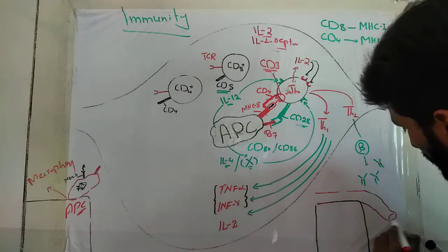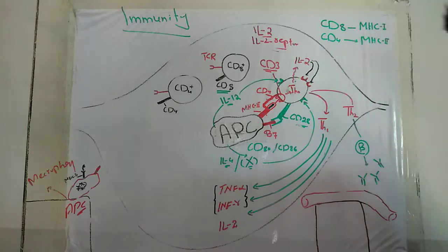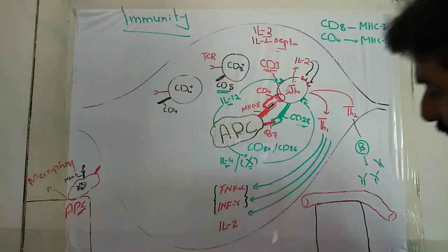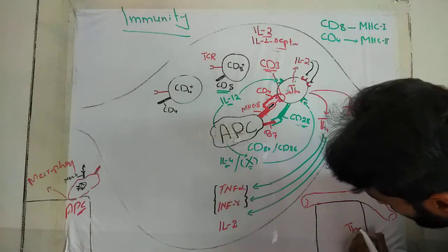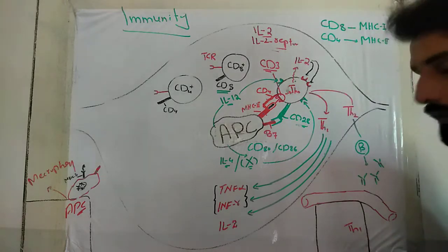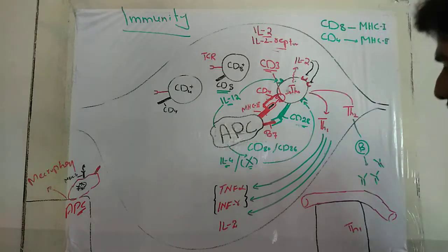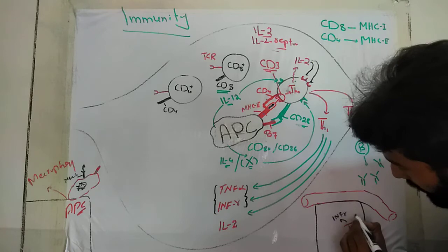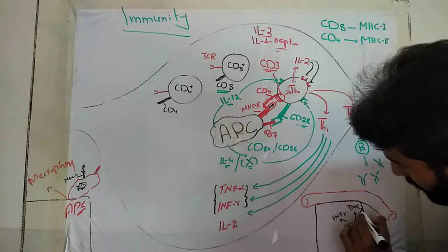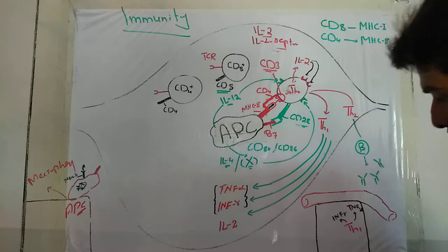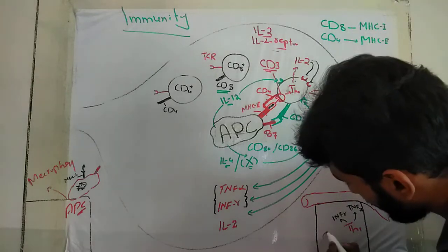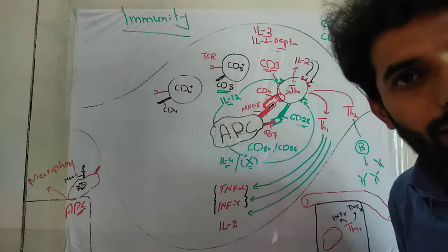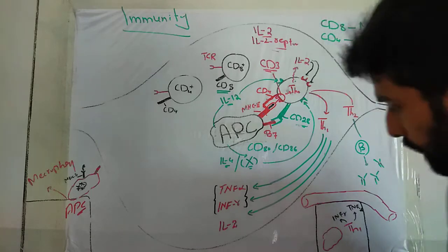Okay, and assume that this is the nearby blood vessel capillary. So this is the infected tissue and this is the nearby blood vessel. So what I am going to talk about is that Th1 will reach into the infected tissue. Here it will release interferon gamma and tumor necrosis factor alpha. With the help of these cytokines, it will enhance the activity of macrophages, point number 1,